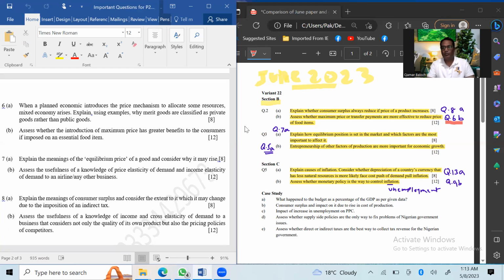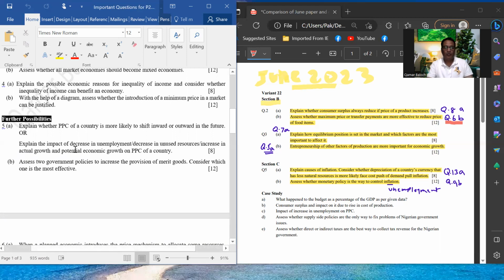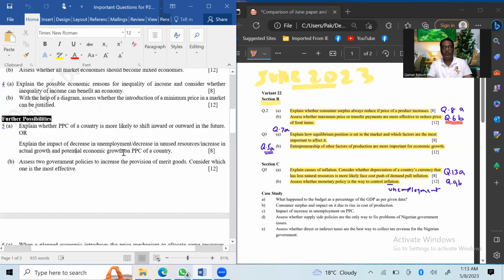Question number 3B was: entrepreneurship or other factors of production are more important for economic growth. This question was also given in the guess paper that I gave to the students. This is question number 13, part A: explain the impact of decrease in unemployment, decrease in unused resources, or increase in actual economic and potential growth on PPC of the country. So